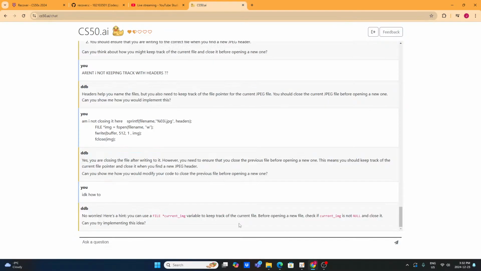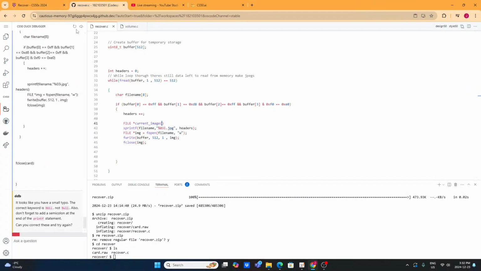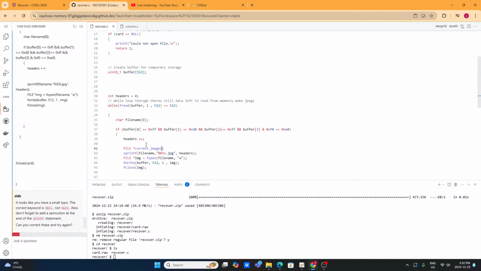What is he going to take in from? I'm going to use the current file before opening a new file. Check if current image is not null and close it. Oh, okay, so we're checking if it's not null. Okay, current image and